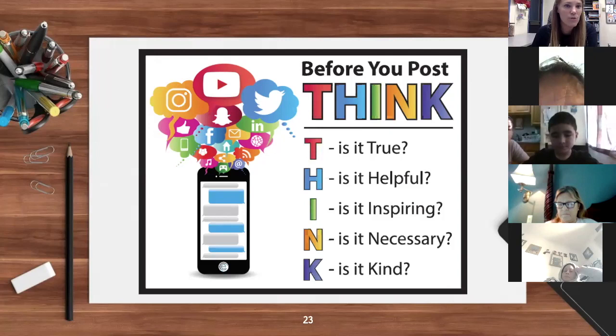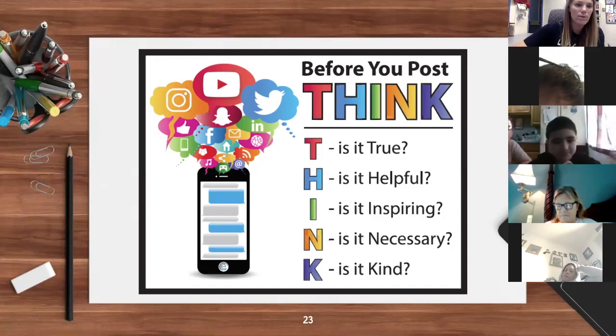They're not using it in school, but Google Classroom, Seesaw, Zoom are all giving them a little taste of these opportunities to interact and engage with people online. So we want to make sure they're doing so in a way that is true, helpful, inspiring, necessary, and kind, okay? So we'll talk more about that when we look at the work, but I just wanted to put that frame there.